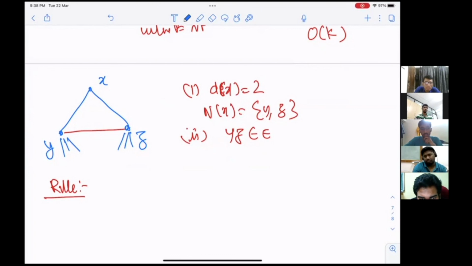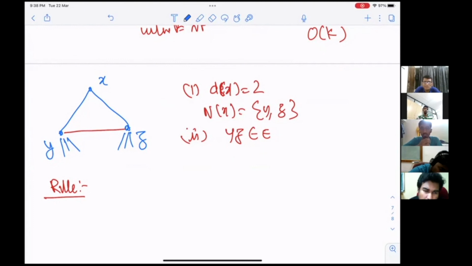So to cover these 3 edges, this triangle X, Y, Z, we need to have picked at least 2 vertices. Correct. So instead of picking X, pick Y and Z. X will only cover the edges to Y and Z, but if the degree of Y and Z is higher, then picking Y and Z is on the safe side. So his rule is,